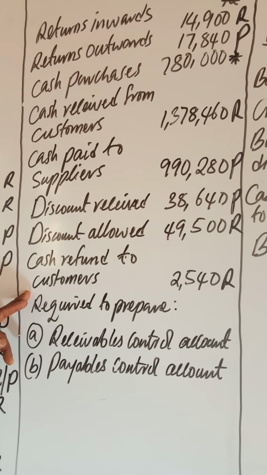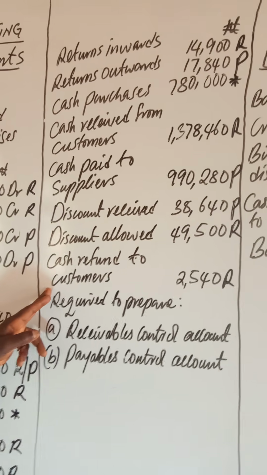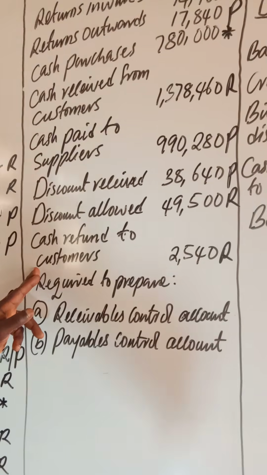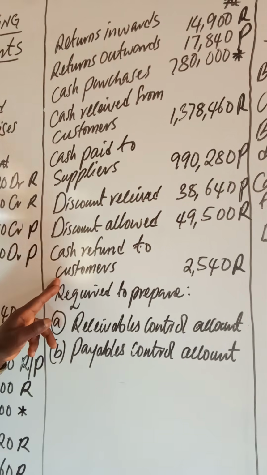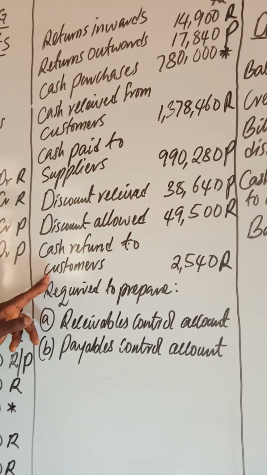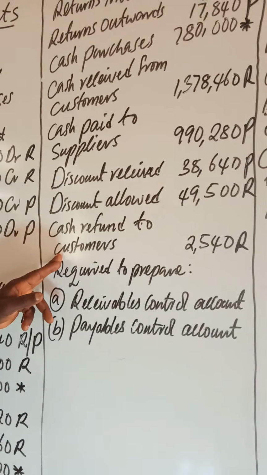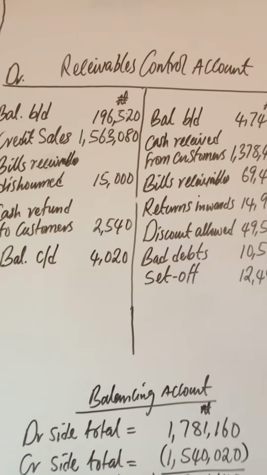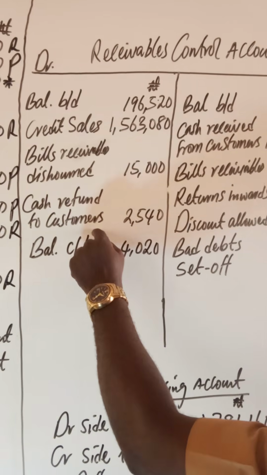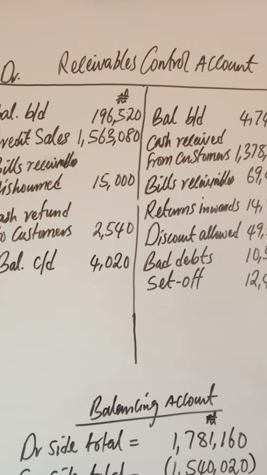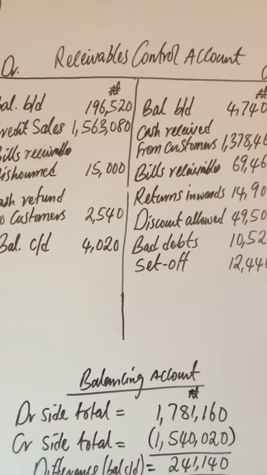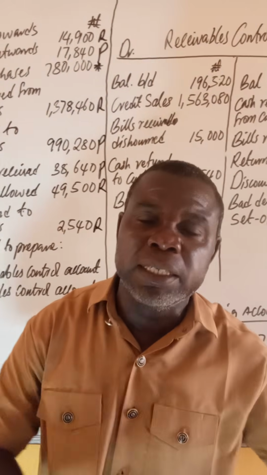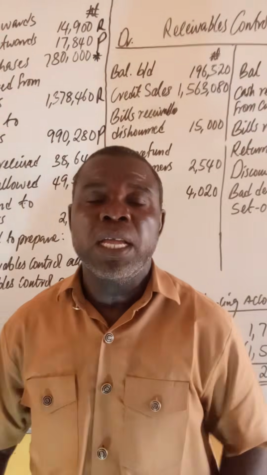Cash refund to customers: try to understand the double entry position. If cash is refunded to customers, it means money is going out, money is going out of the cash account. The corresponding entry will be debited in the receivable control account. You can see cash refund to customers, 2,540 naira. Now, the transactions during the year have been perfectly recorded on the respective sides of the control account,